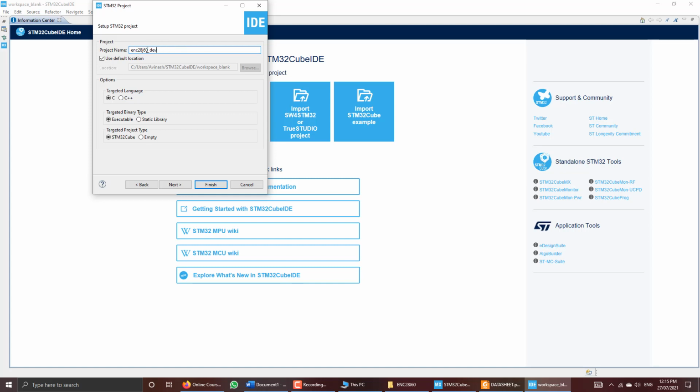Right now it is in the development phase, so we suffixed it with these letters dev, so that we can know this is the development project. Target language is C. Rest all options should be like this.